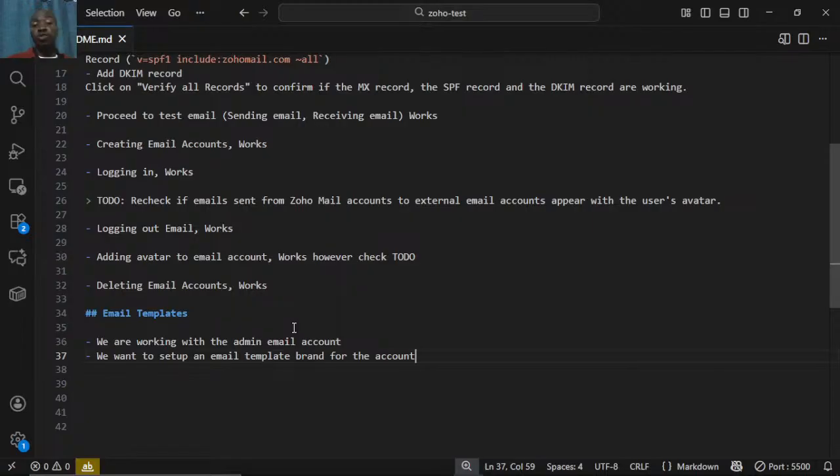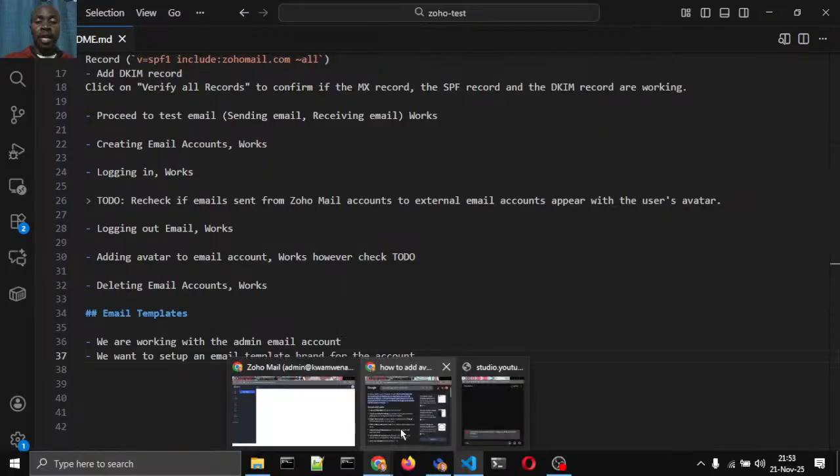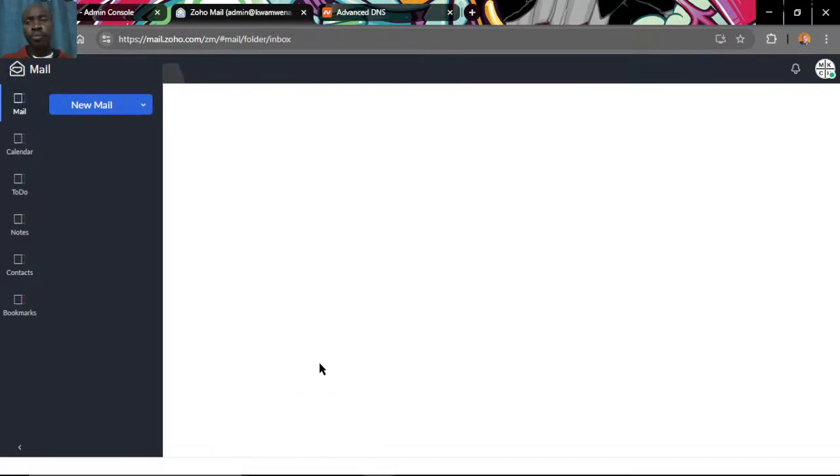This is useful for businesses, by the way, as they want to stand out with their branding. So now the mailbox has successfully loaded. Now we want to proceed to see how we could go about setting up an email